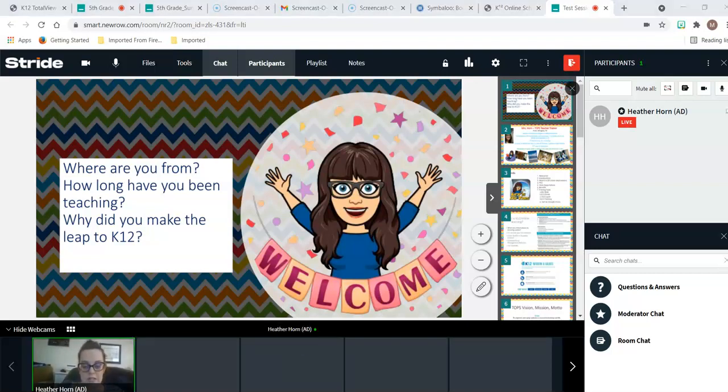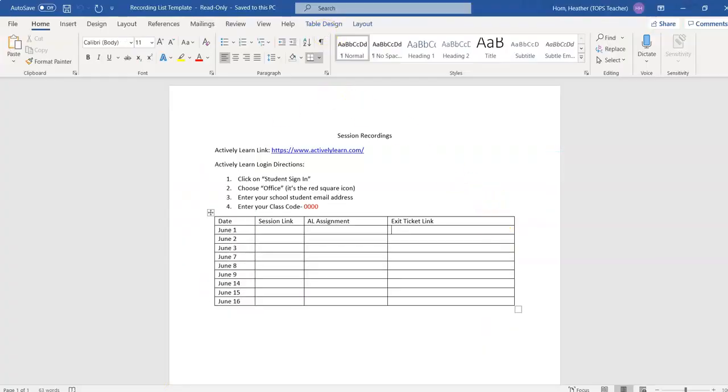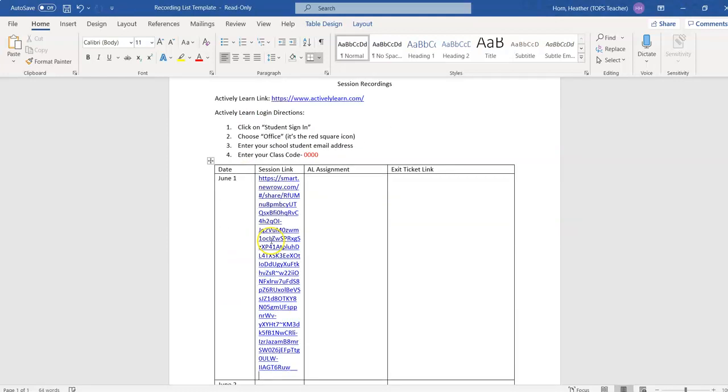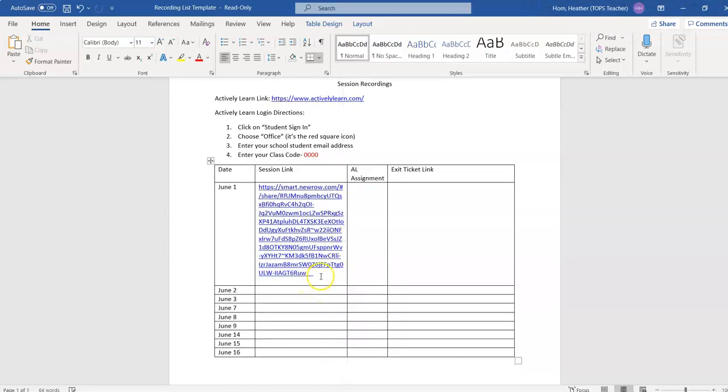The other thing you can do, for interventionists, if you're keeping a list, I did want to share this. Shamirian taught me how to do this. This is one way that you could organize your assignments. You could have your dates, the session link, you could just paste it right here, press enter. Because it is a pretty big nasty link, if you would rather, you can highlight here,